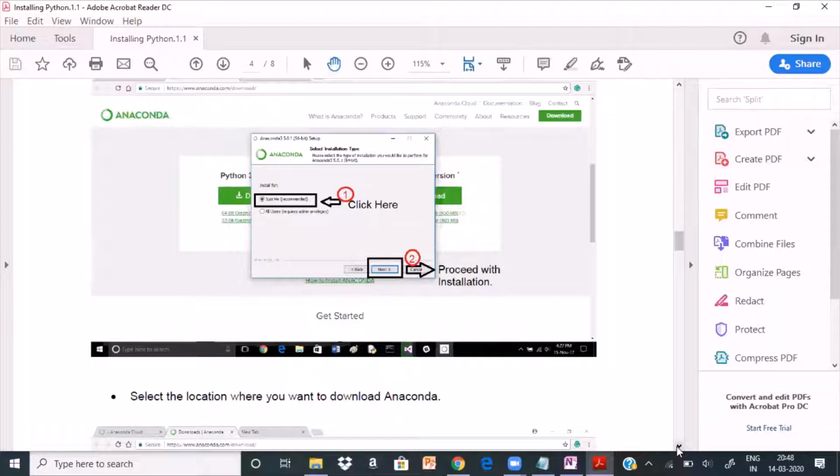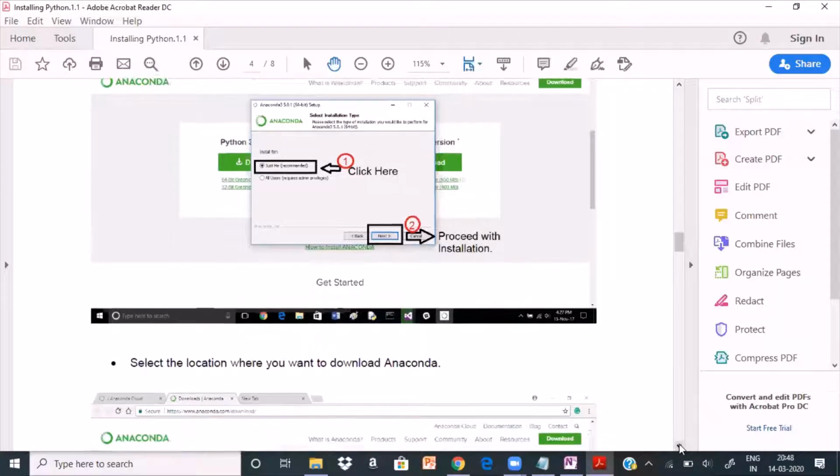When you go for Just Me, it won't ask you for any admin privileges, because anyway you have admin privileges on your machine, especially when you are using a laptop. Generally, if people are installing this on office machines, some companies will have a rule of not giving control of admin privileges to employees unless it is required. So that is the only difference, Prasad. So you need to click this Just Me.